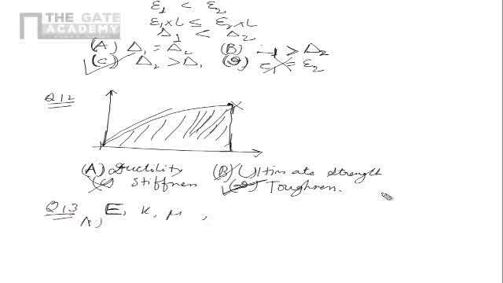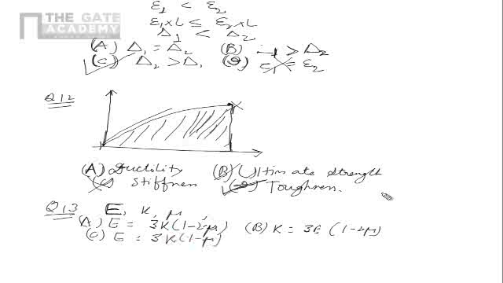So option A is E equal to 3K(1 minus 2 mu). Option B is K equal to 3E(1 minus 2 mu). Option C is E equal to 3K(1 minus mu), and option D is K equal to 3E(1 minus mu). So here, even if you don't remember